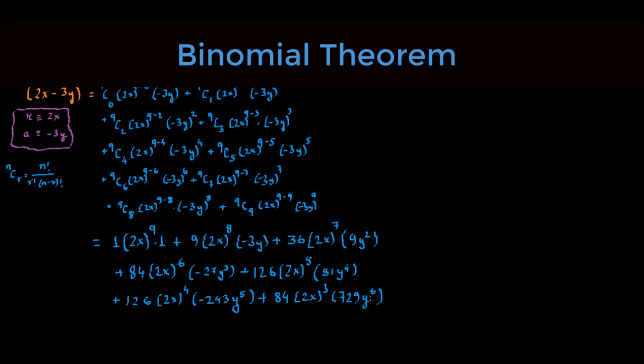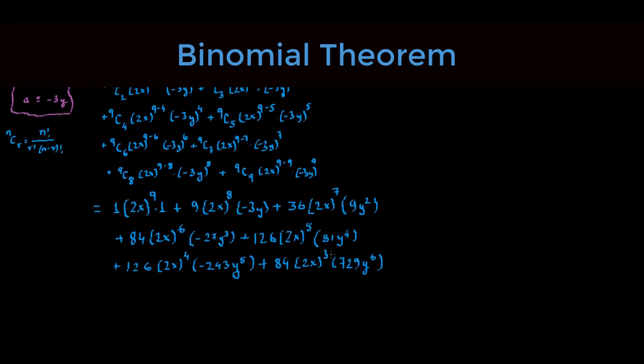How many more are left? 3 more to go. Okay. Phew, that's quite a big number. 9c7. Okay, 9c7 should give us 36. Yes, 36 twice x whole thing raised to the power of 2. And this is negative. So 2187